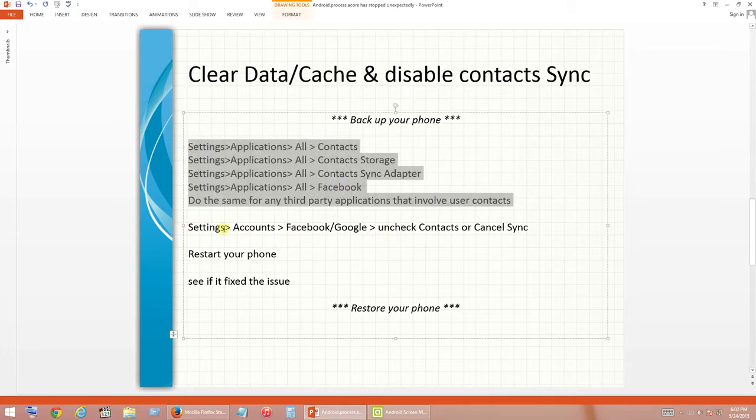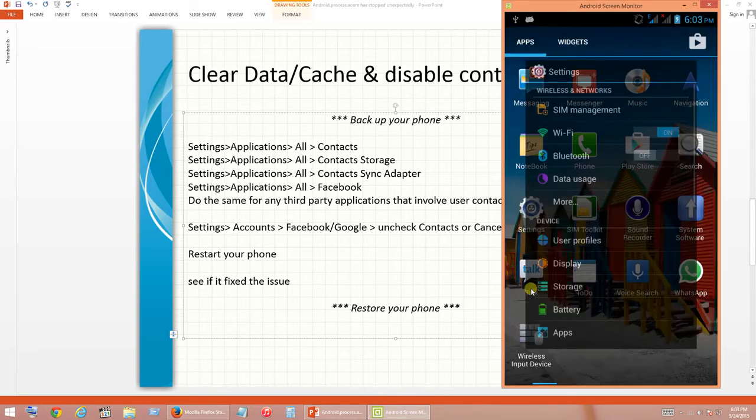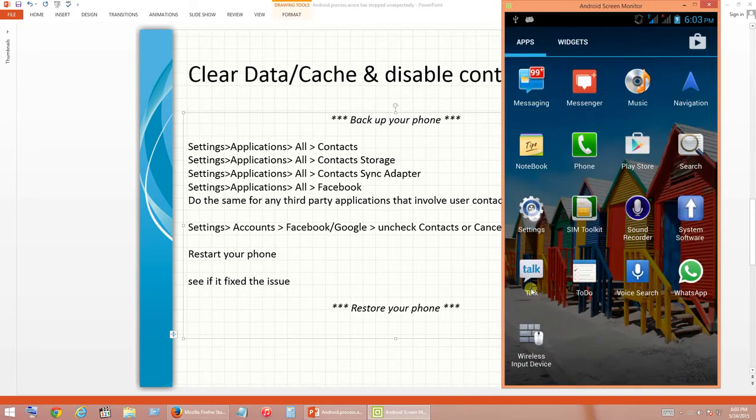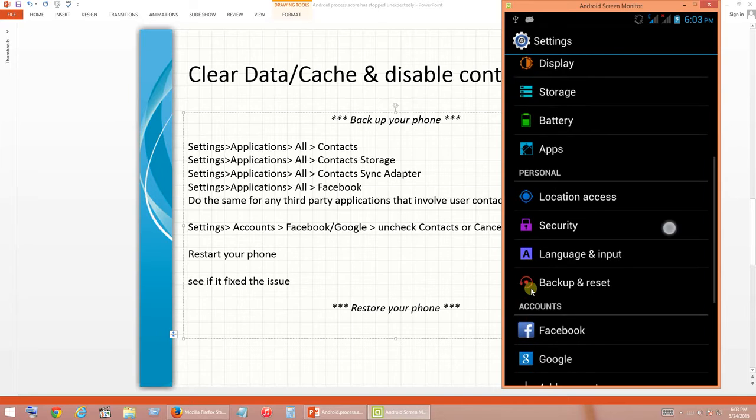The next step is to disable the contact sync option for accounts such as Facebook and Google. I will show you how to do that. From your phone, go to settings again, and there you have your accounts listed.